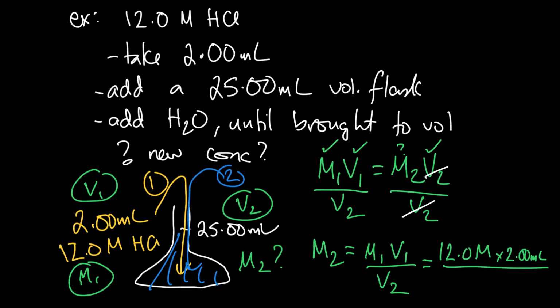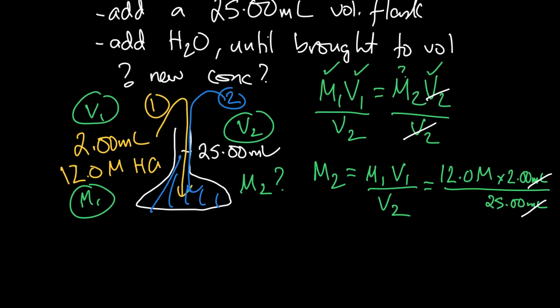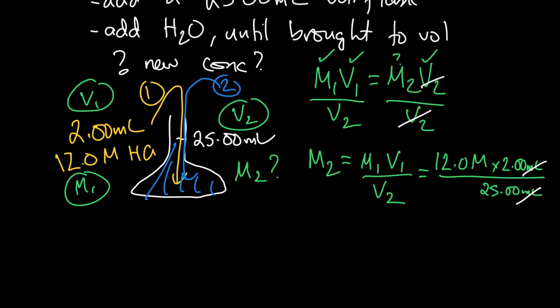And the V2 is the final volume that we brought the solution up to. That's our 25 milliliters. And the thing to remember here is the milliliters on the top and bottom cancel out. So we end up with units of moles per liter. So if we grab a calculator and we punch it in, 12 times 2 over 25.00, we get